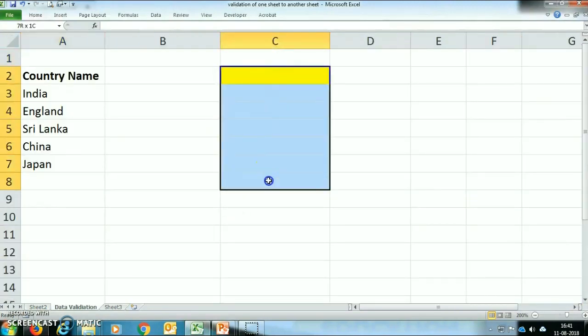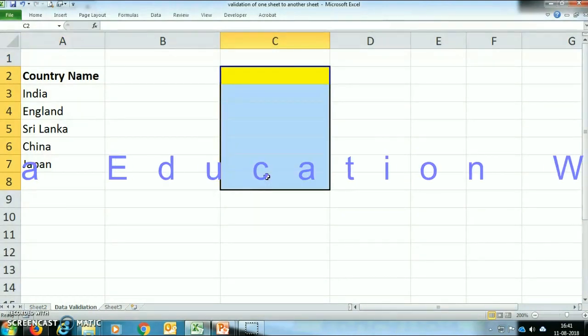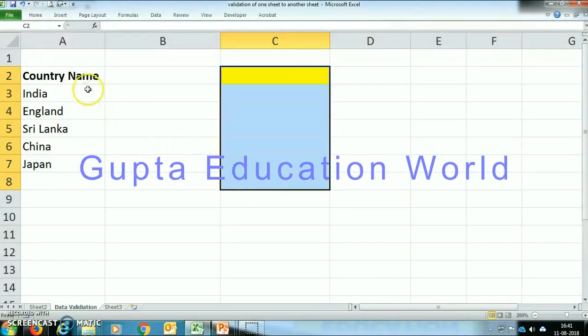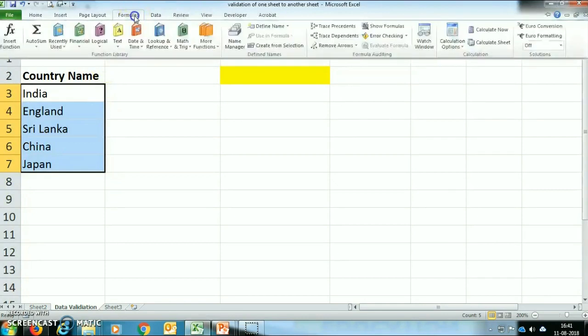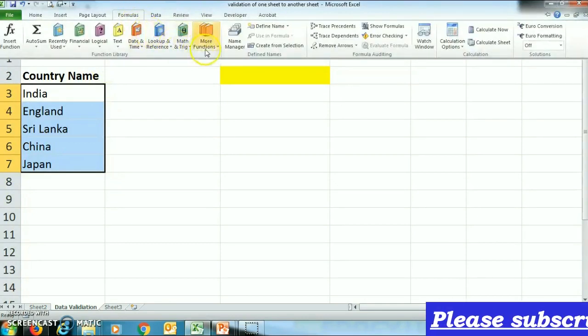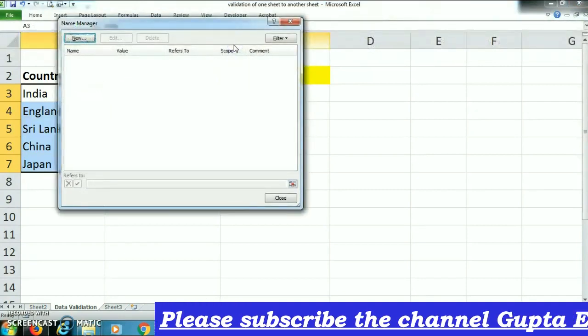Suppose in this column, we have to restrict the entries to the names of countries available here. So firstly, we have to give a name to this list. For that, we will go to the Formulas tab and use the Name Manager function.